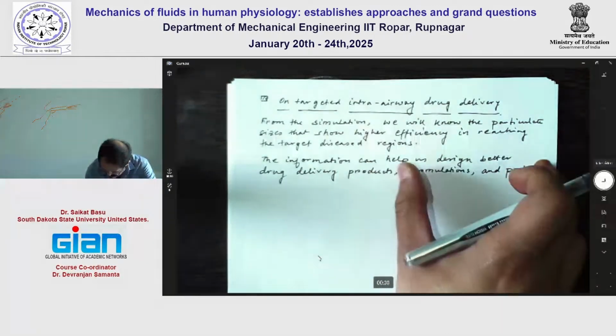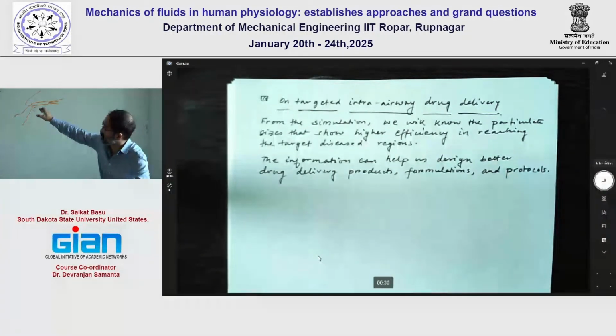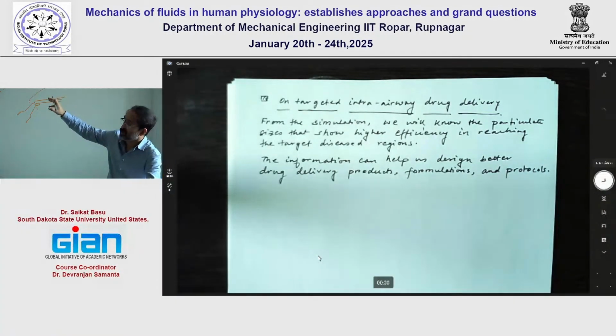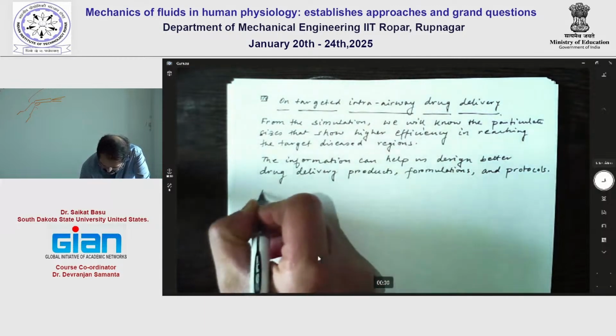And this is to develop something new, right? In terms of new kind of device, new formulation, new protocols. But just using the approach that we have established in this class, you can help out the companies to predict their spray performance. And that's what we are doing as well with some of these industry partners. They want to know how efficient their products are in reaching the target infection sites. So we can also use